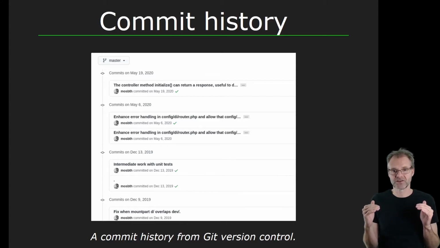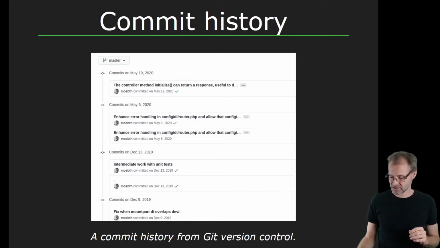What did this commit fix? This commit history is actually quite important, and you will know when you try to read a commit history from your friends to really see, can you get a grip on what is actually happening in the code here? And you should write it out from the commit history.